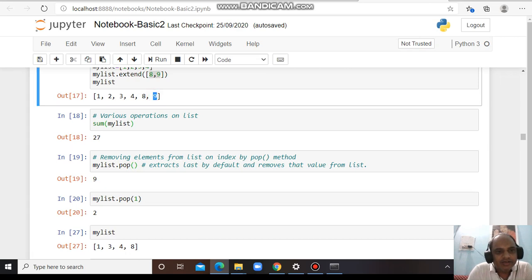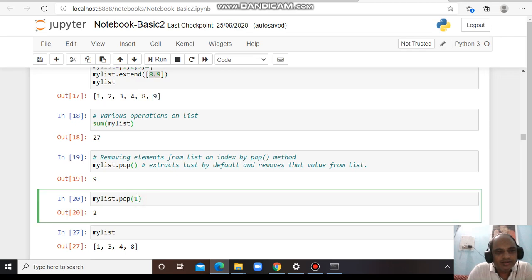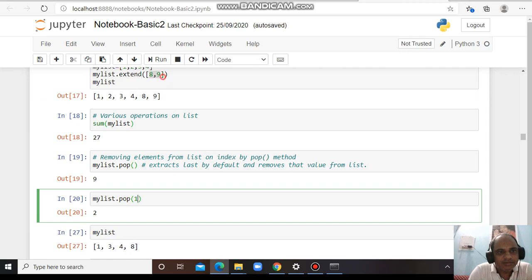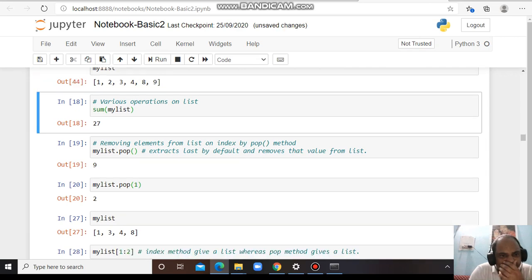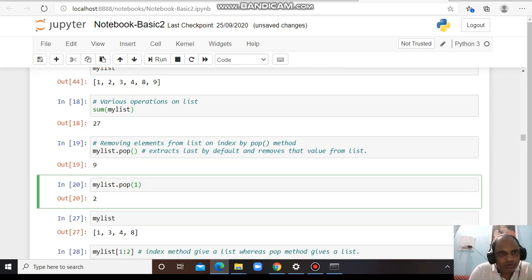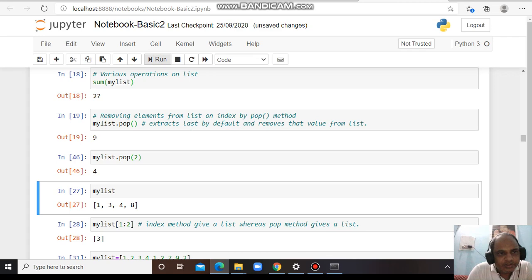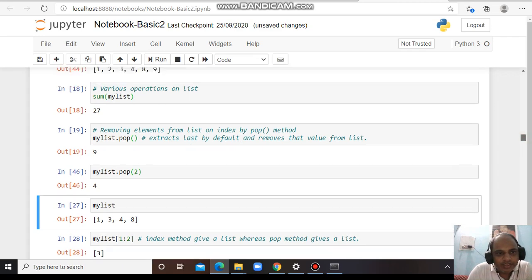If I put 1, then it will pop the first index, the second element. 0th position, 1st position. If I want to pop the second index, then it will show 4.